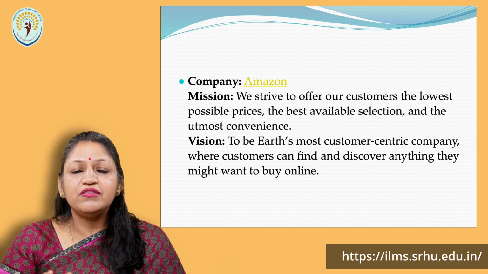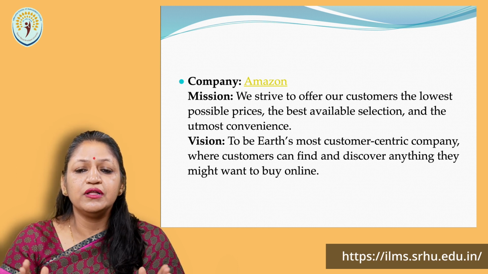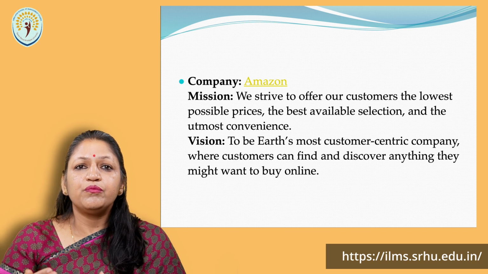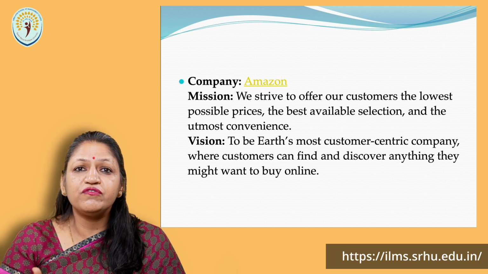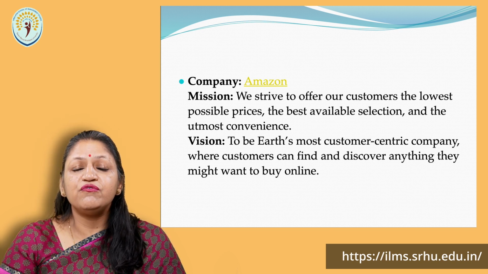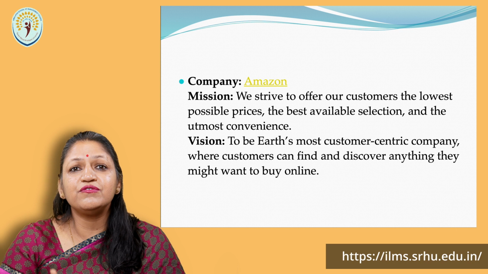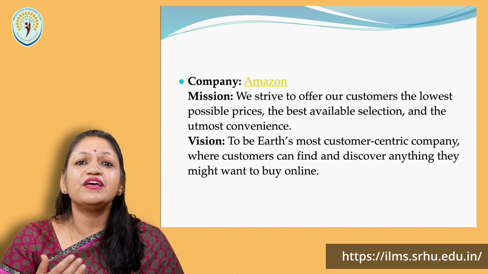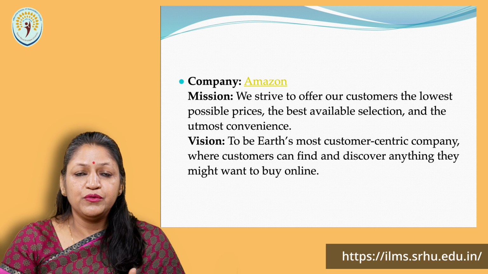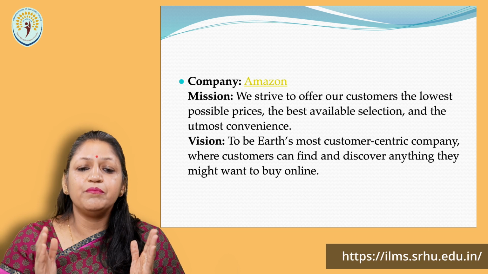Now, when we translate this into goals and objectives, what are the important things on which Amazon has to work? It has to work on procurement of products in such a way that they are available to us at the lowest price. It has to have a variety. The assortment is very, very important. And the website of Amazon, the user interaction of Amazon, has to be developed in such a way that it is very easy for the customer to order online. So these are the things on which the strategy of Amazon is going to be based.